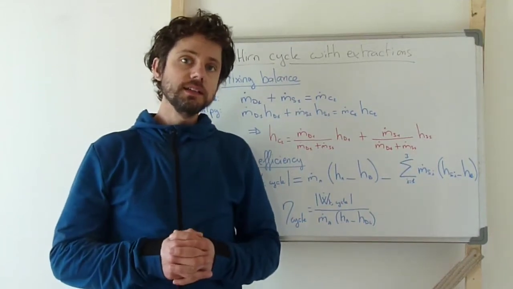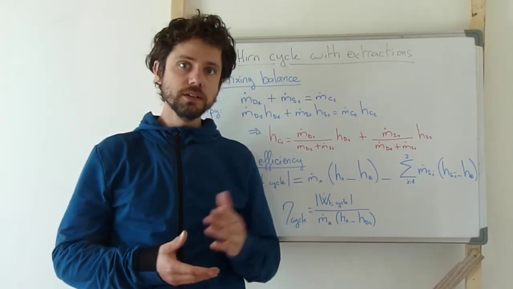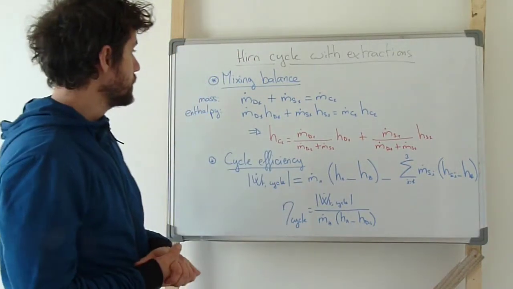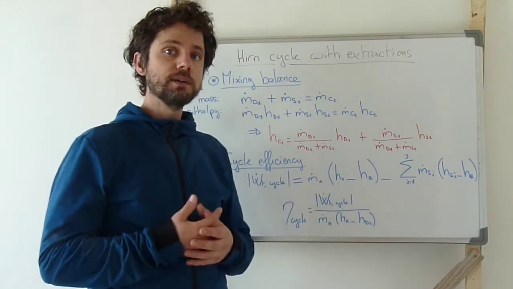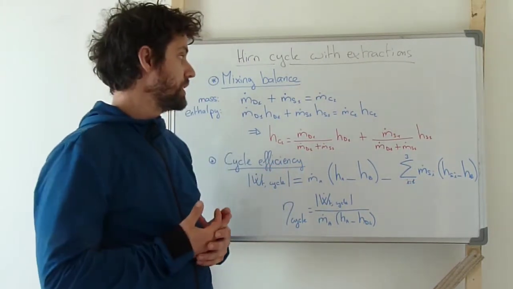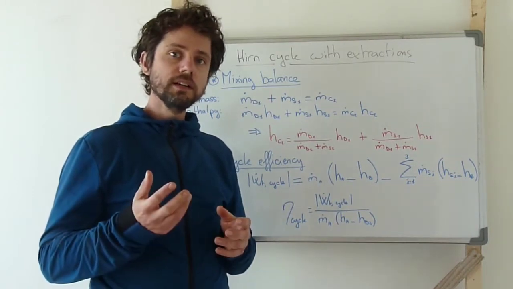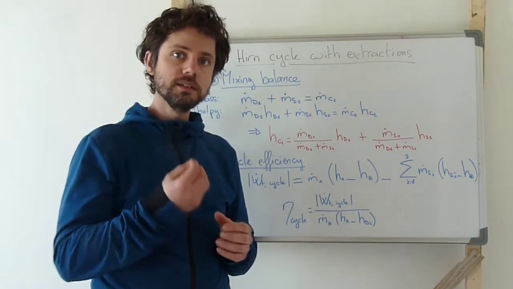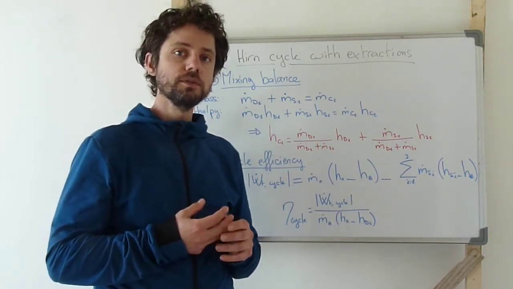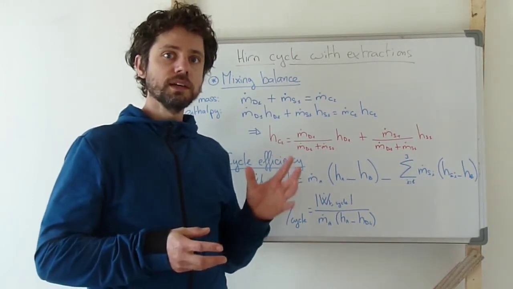Concerning the energetic analysis of the Hirn cycle with extractions, we first need to look at what is going on when two different flows are mixed. That's happening at three different locations in this cycle. Each time, the flow that is extracted from the turbine is mixed with the other flow that is going out